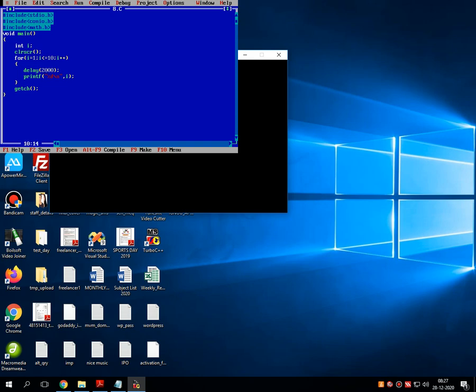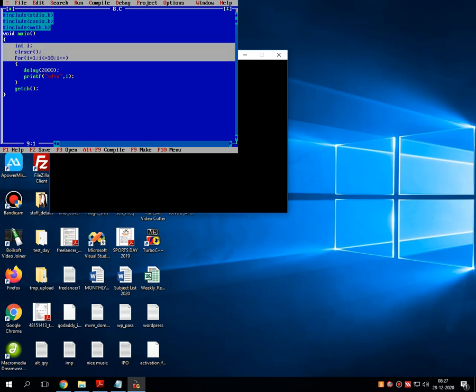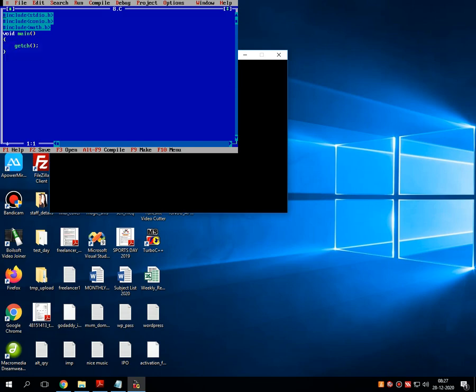To handle this function practically, after writing the basic library statements, that is #include <stdio.h> and #include <conio.h>, void main(), here I am declaring one variable called character A with size 10, that is a character array.